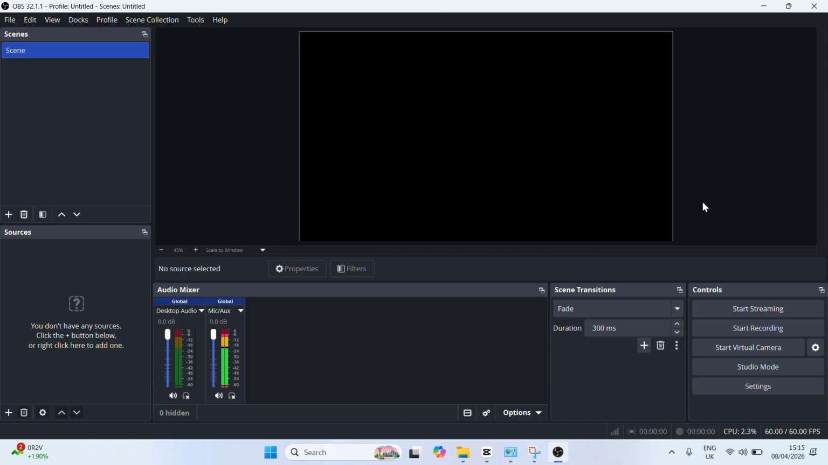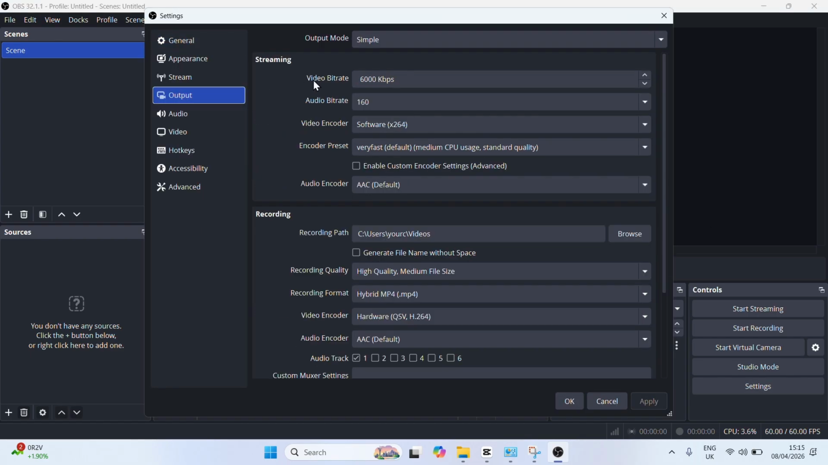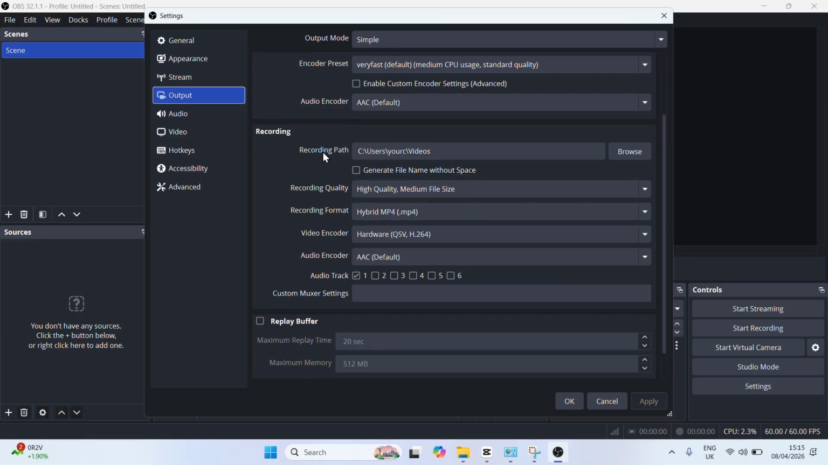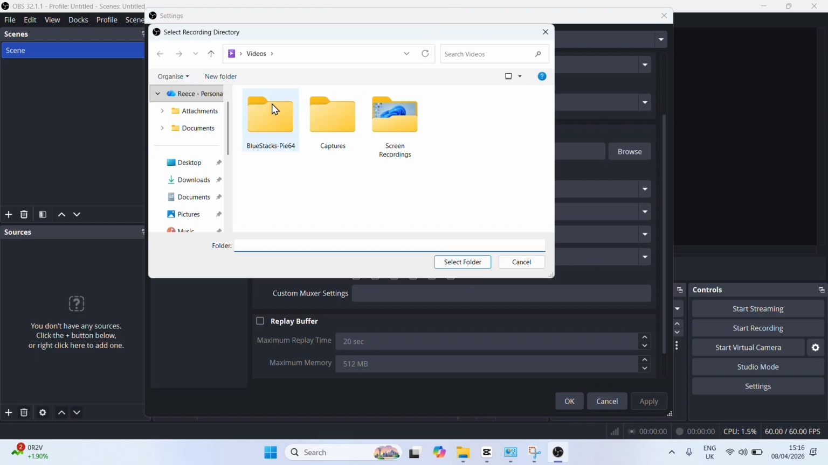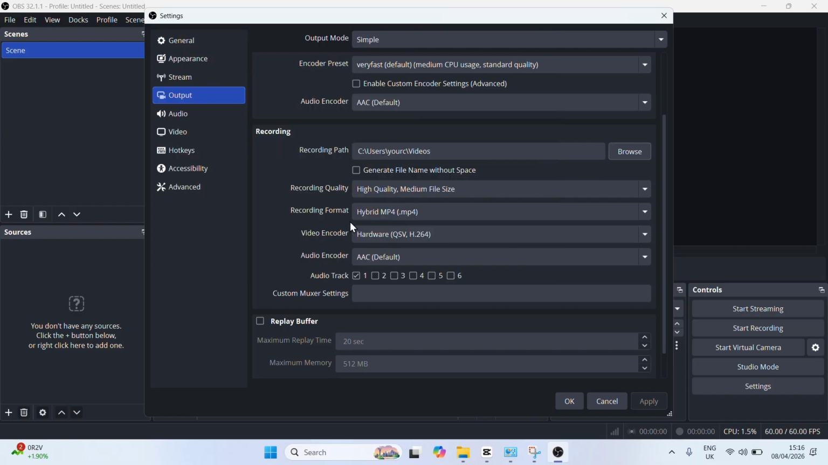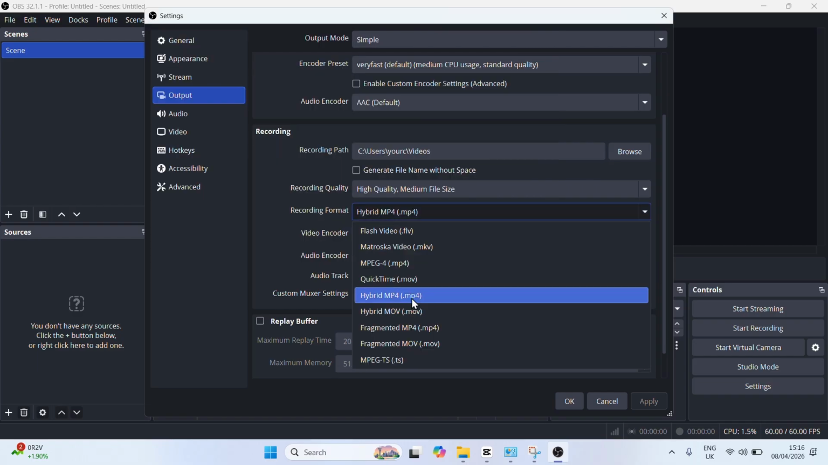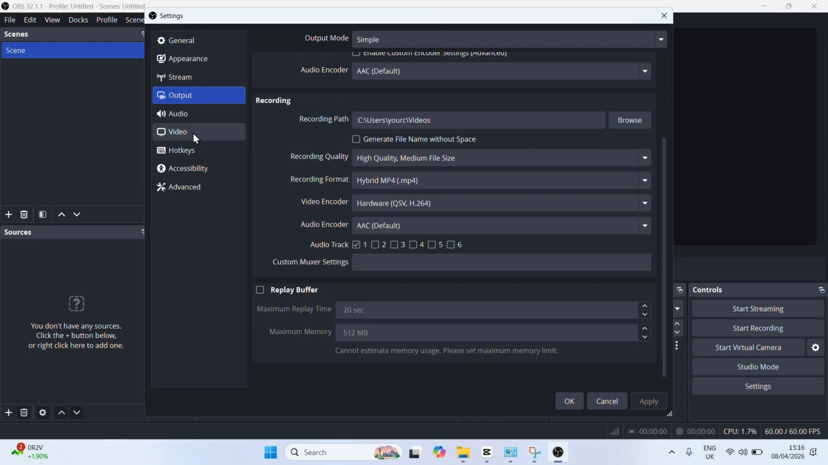Now before we get started, go and click on settings in the bottom right, click on output, and then scroll down to the recording path. Now this is where you want to automatically save your recorded videos. So if you click on browse, you can go and select a folder for all of your OBS recordings. You'll also want to make sure the recording format is set to MP4,